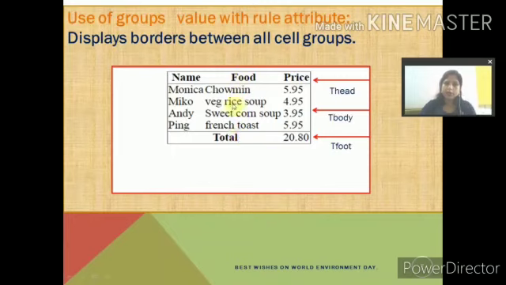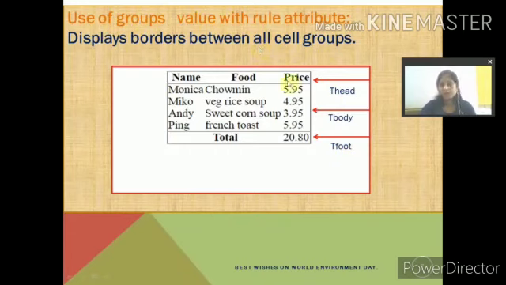That means every table has three components: thead, tbody and tfoot. First row of the table is known as thead. The rest of the table is known as the table body, and the last row is known as the table foot. And the groups value with the rules attribute will make it a group.